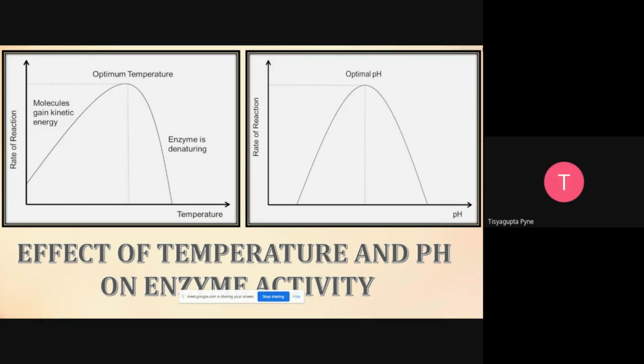Aritra, does this answer your question, or was your question why the pH actually changes the surrounding site? Yes. By changing the pH, it will basically affect the charges on the amino acids. If there's a change in the charges, it also affects the enzyme machinery. If it's not the optimal pH, if it's not the optimal charge on the amino acid molecule, then it's not going to function well, and that's why it hampers the enzyme machinery.